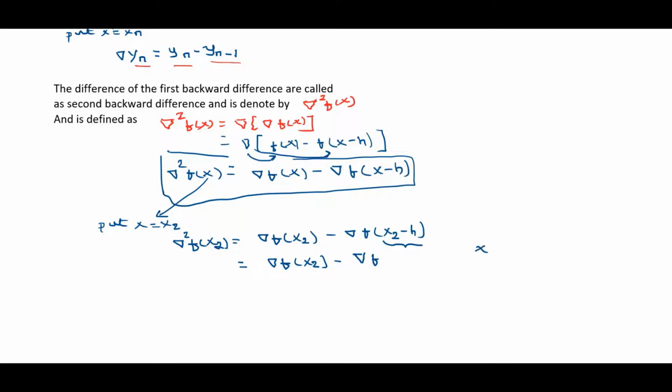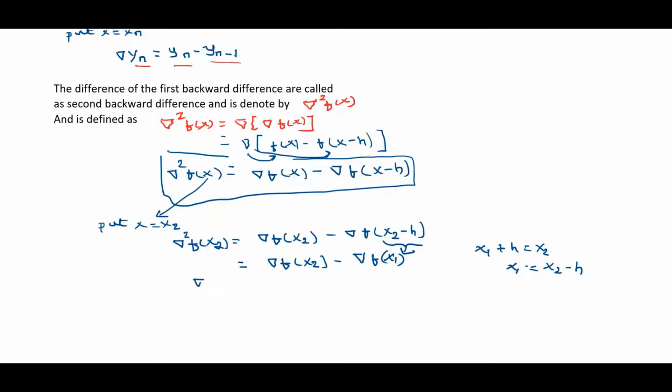We know that x1 plus h is equal to x2. Then what is the value for x1? x1 is equal to x2 minus h. So therefore you can substitute the value for x2 minus h as x1, and in brief we can write it